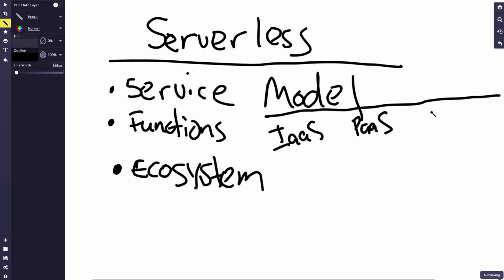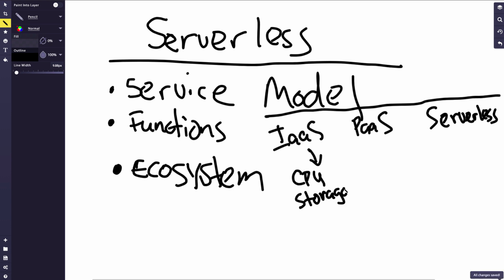And then you have things like serverless. And the big distinction between these different models is that infrastructure as a service means that you are getting the low-level pieces. So you could be getting the CPU, the storage, maybe also the network, and